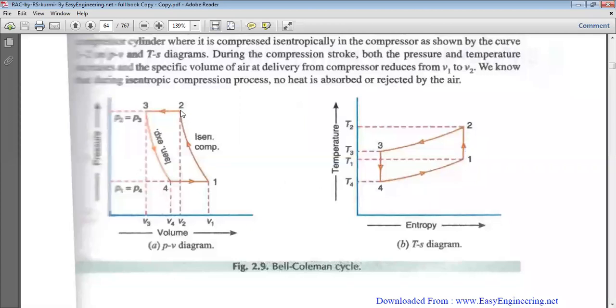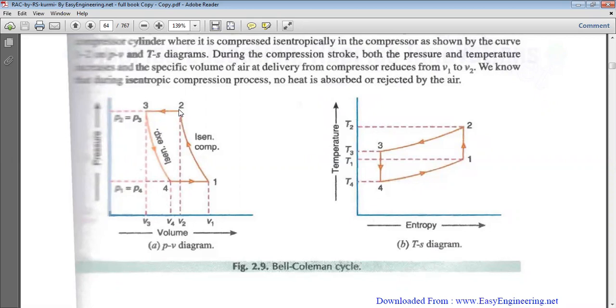Okay, now the air which is leaving the compressor at discharge pressure, keeping the pressure constant, enters into a cooler. In the cooler, keeping the pressure constant, we are cooling the hot air to a lower temperature. That is 2-3, constant pressure heat rejection in the cooler. I am keeping P2 equal to P3, keeping the pressure constant, and cooling. The hot air will reject heat to the circulating cooling water. Therefore, cooling water absorbs the heat rejected by the hot air. Therefore, the temperature will decrease from T2 to T3.